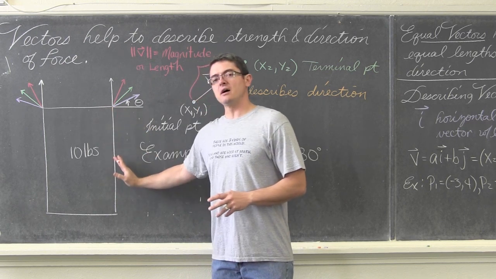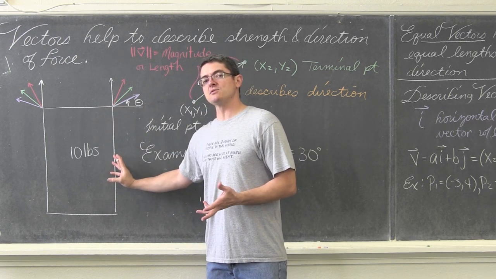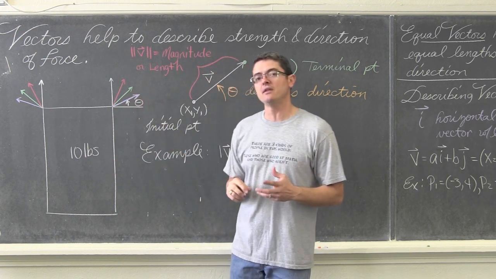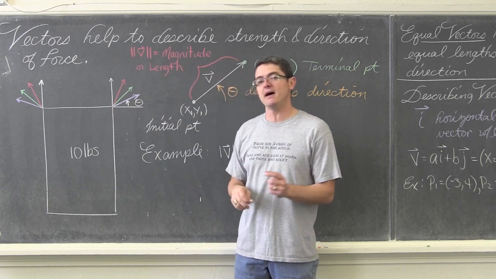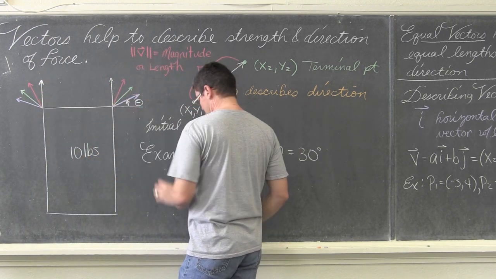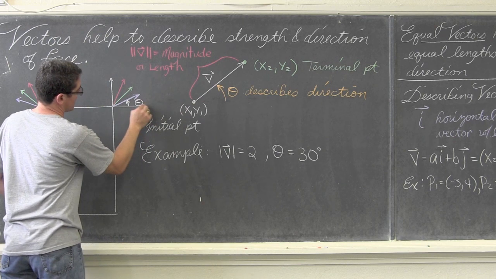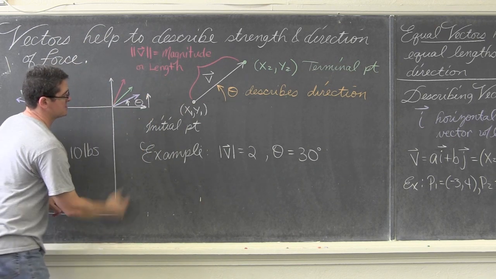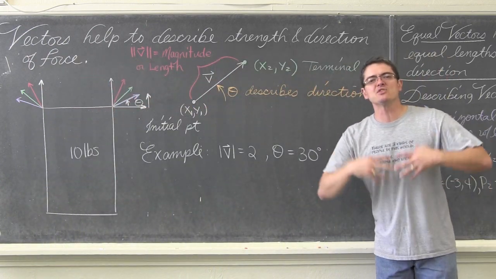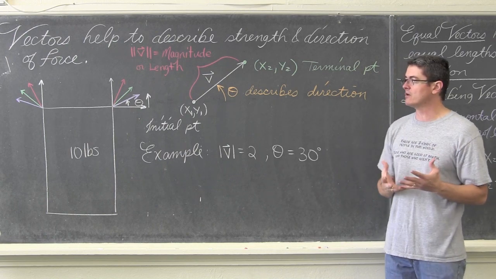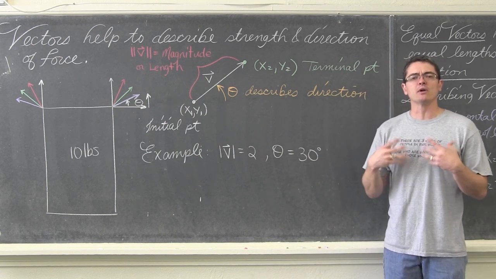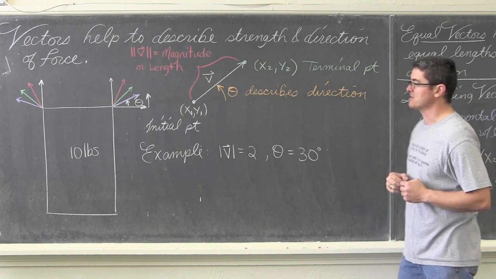Knowing that there's a vertical pull of 5 pounds on this side of the picture with gravity, and knowing that there's some given angle, what tension is actually on that cable? I will tell you that it's going to be a lot more than 5 pounds. The more you let those cables fan out, the more you're wasting energy in the horizontal direction, and less energy is being placed in the vertical direction to oppose the gravitational force. I'm just trying to give you a purpose, an idea of what vectors are for and how they're going to be used. This kind of question of finding forces in different directions is what we're going to look at later when we do applications. But for now, let's get the basics done.